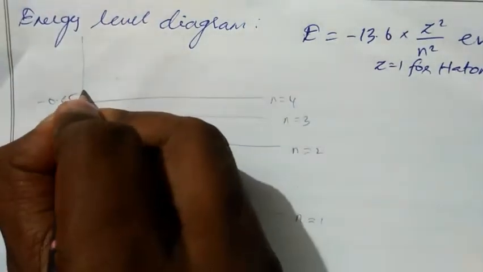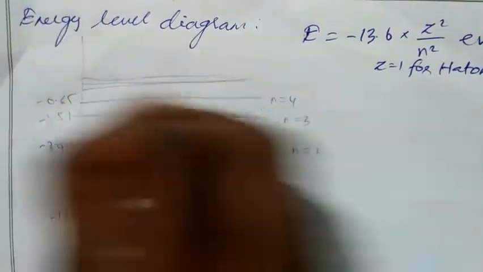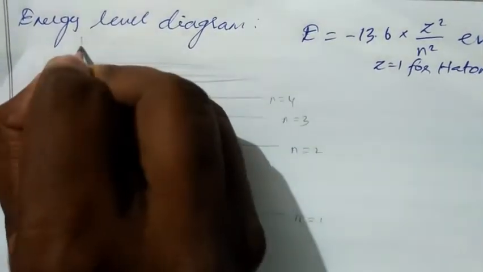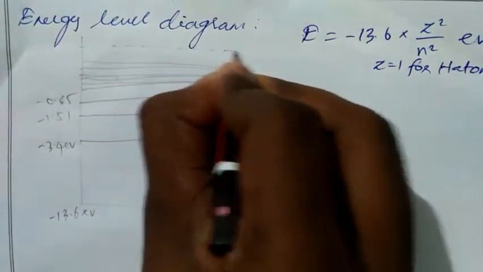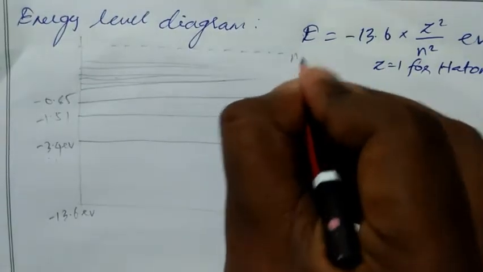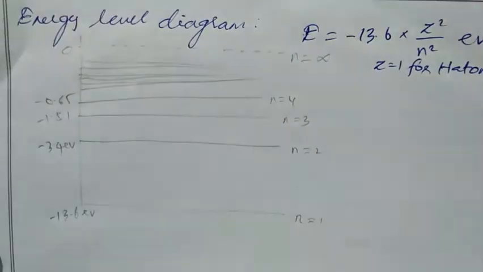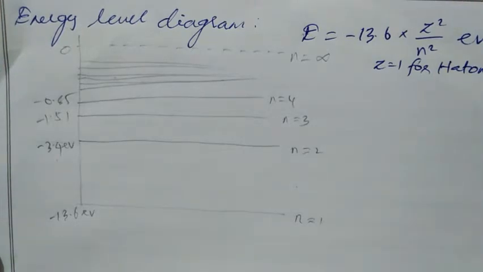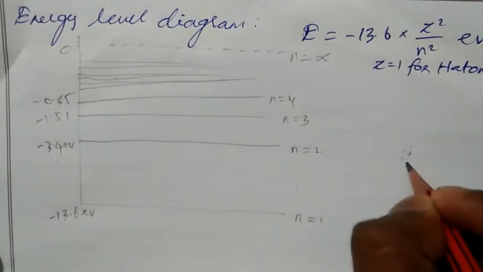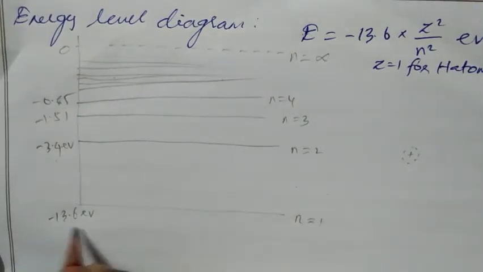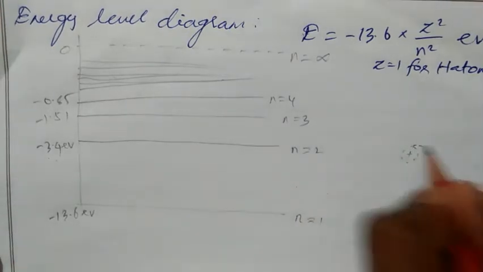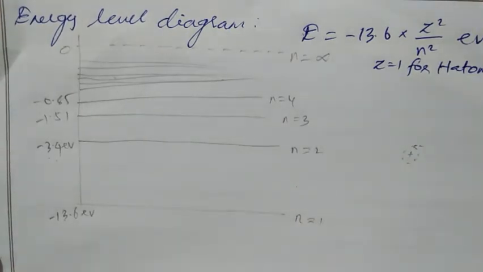So like that it goes on up to the infinite value. Here n equal to infinity. So for the infinite orbital the total energy is 0, which means for the electron present in the outermost shell, we need not give any external energy to remove it from the atom. For the first orbital we have to give this much energy, then only the electron will come out of the atom or out of the orbital.